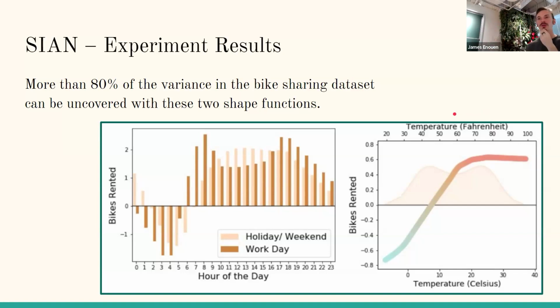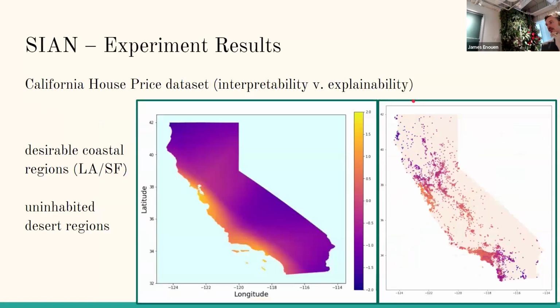Just with these 2 trends, just with these 2 shape functions, can communicate a lot of that information. So if you imagine it was originally in Boston, if you imagine you're at the city hall for Boston talking about this program that you instilled, maybe this would be an important plot to show. Okay, and then here is another data set, and this is just to emphasize the difference between interpretability and explainability.